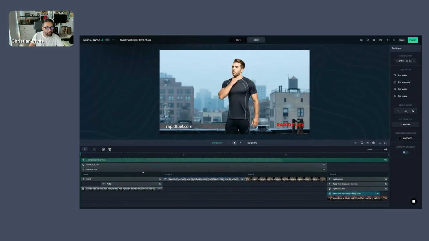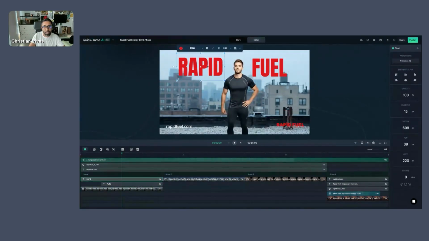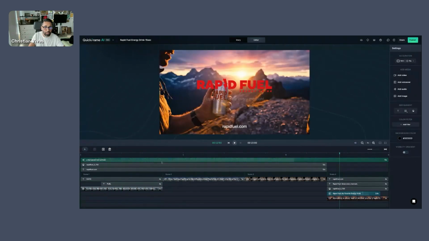But now we're in the editor. So here we can see what's happening in each scene. So as you guys saw in this scene, we have actually text that is coming in, and that text is individual elements. And those individual elements can have animations as well. So we will be able to change those animations and see however we want that to be placed. We also have ways to be able to modify anything that we see here.